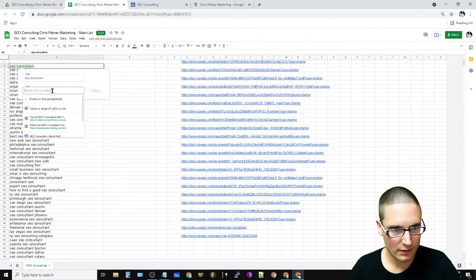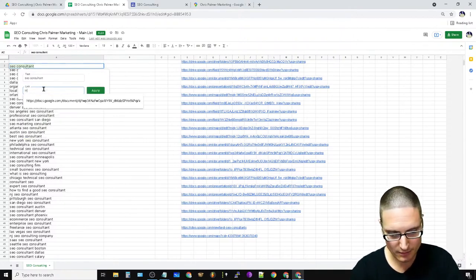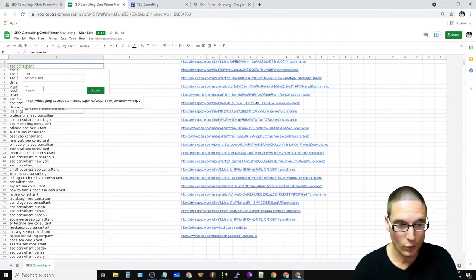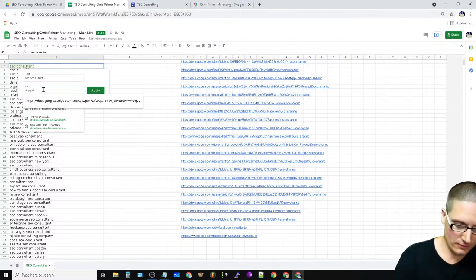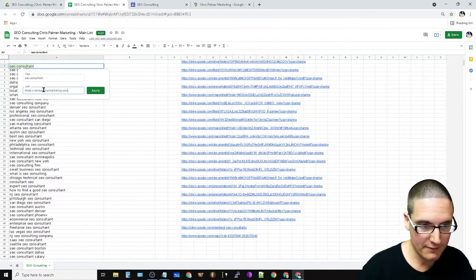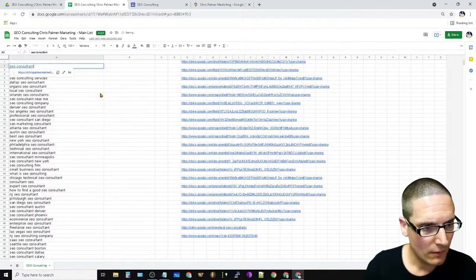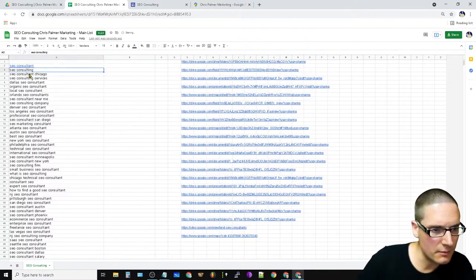these keywords are going to whichever pages correspond on the site. So for this, it's going to be Chris Palmer Marketing. Once I have this, it'll be a lot easier for me. Okay, so this is the embed.